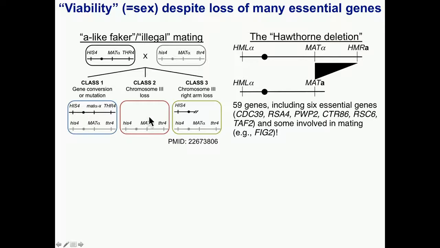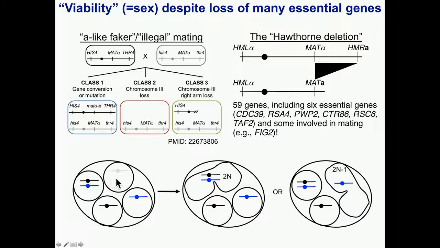And you might say, well, haploid cells probably just can do this from some sort of residual mating, a maternal effect. But Jasper Rine, the Hawthorne deletion, John Hawthorne had identified a mutation that resulted from recombination between MAT and HMR and eliminated 59 genes, including 6 essential genes, and yet these spores could be rescued by mating upon germination. So I suspect that perhaps during meiosis between these interspecies diploids, a nullisomic spore could actually be rescued by mating with one of its sisters and could, especially in some cases, produce sort of a signature diploid cell monosomic